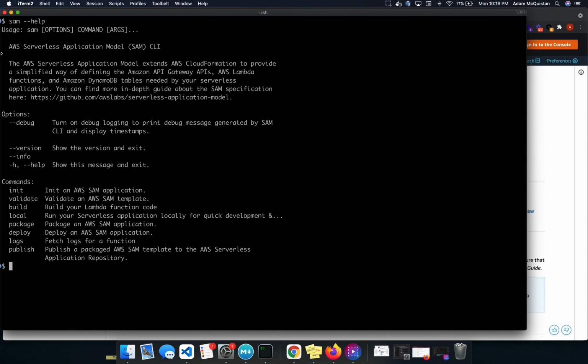So if I do sam --help, you have the following subcommands that you can do with it. You can initialize a new SAM application. You can validate a SAM template. And again, that's built on top of the AWS CloudFormation infrastructure as code technology. You can build an application. You can run it locally, package and deploy it, interrogate logs in CloudWatch, as well as publish your application to